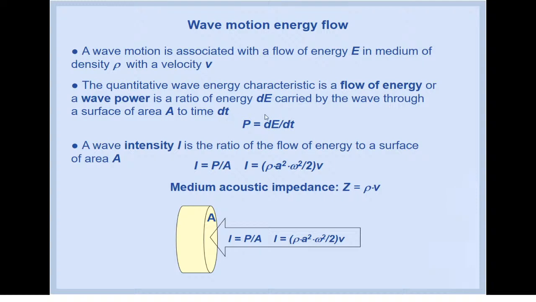When we divide the amount of energy crossing the surface of area by time, we obtain the flow of energy or wave power. A wave intensity is the ratio of the flow of energy to a surface area,